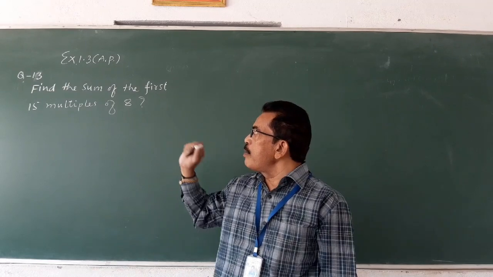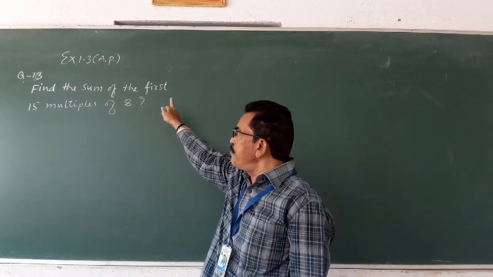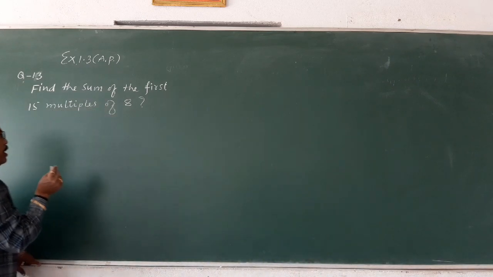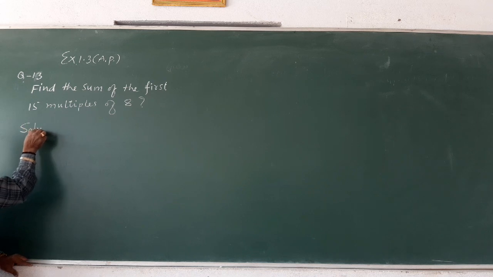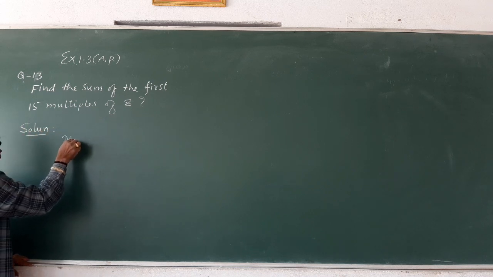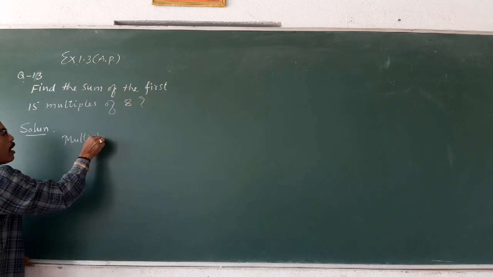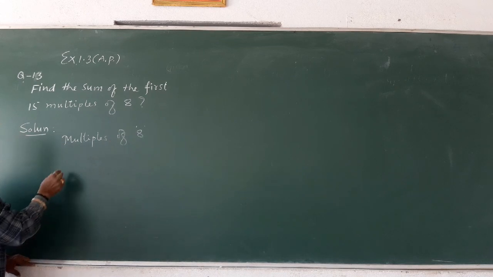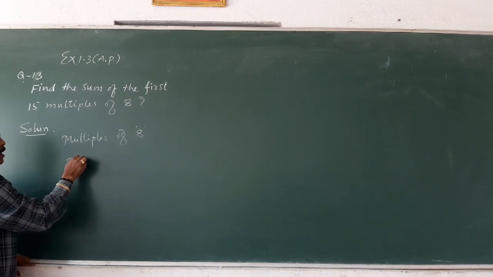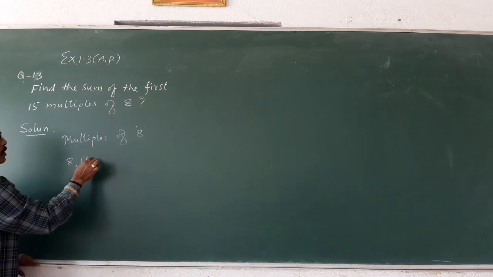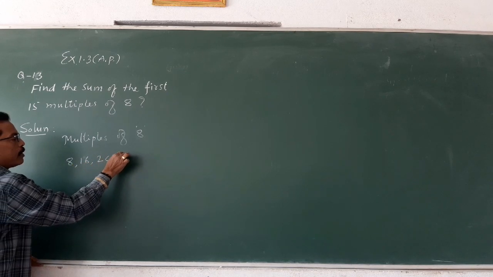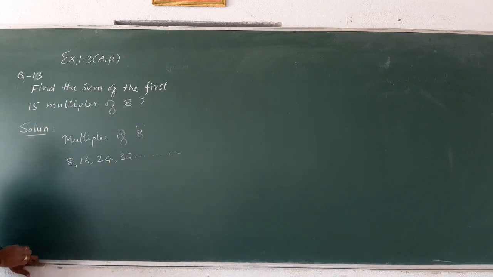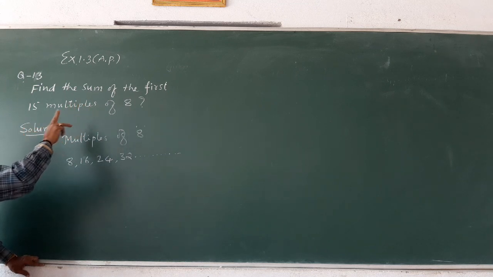Okay, this one is question number 13. Find the sum of the first 15 multiples of 8. So, let us write the multiples of 8. 8 ones are 8, 8 twos are 16, 8 fours are 32, and so on. So we need to find the sum of the first 15